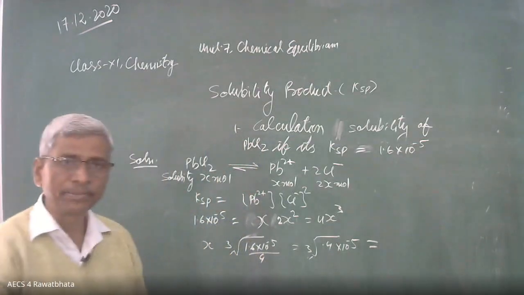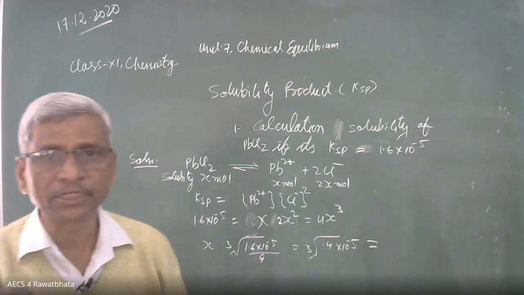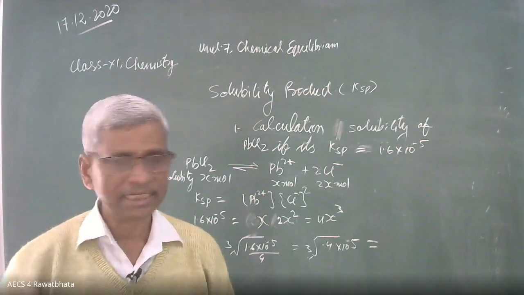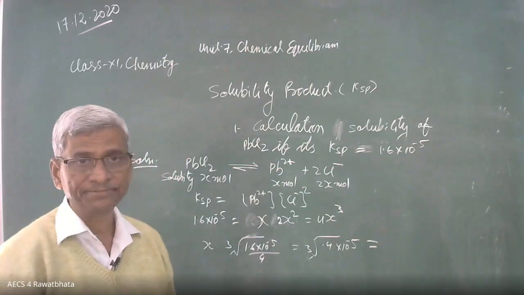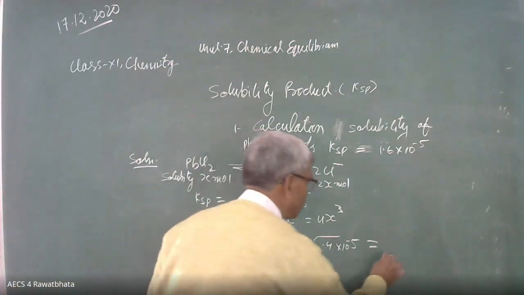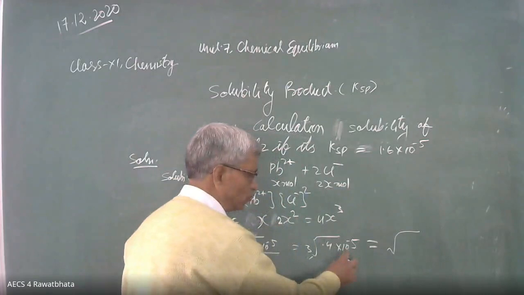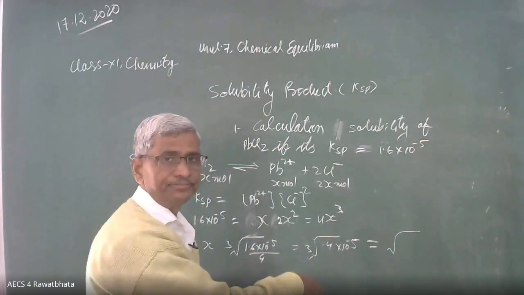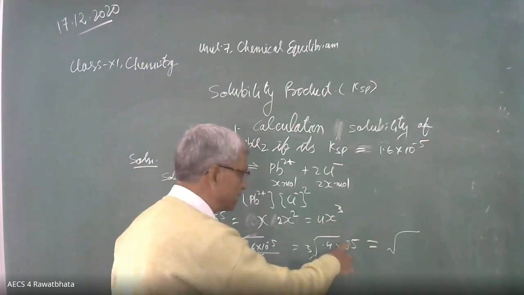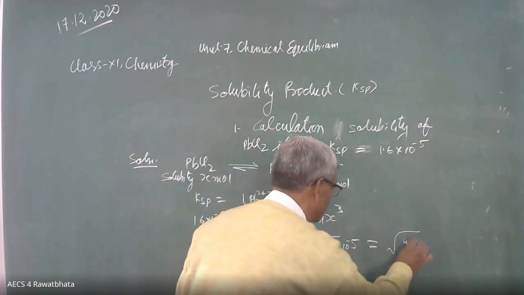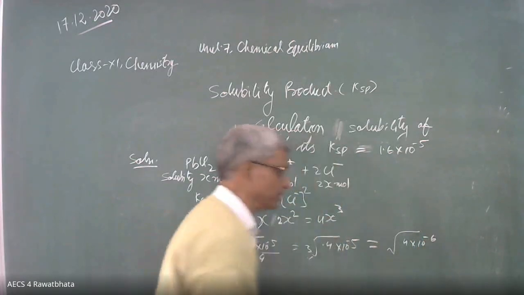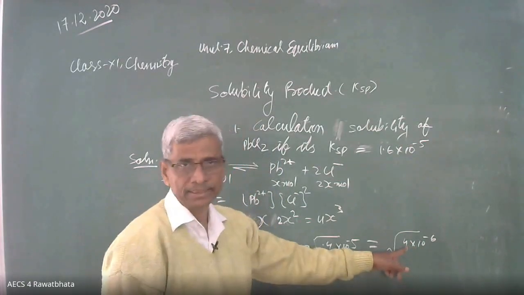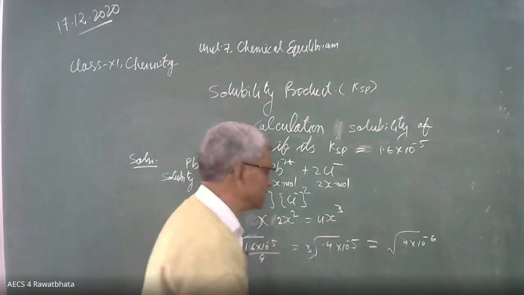The power should be in the table of 3 because we are going to take the cube root; the power we divide by 3. It is 5, which is not in the table of 3, so we have to manage the decimal. We make it minus 6, which is better. Then it becomes 4 into 10 raised to power minus 6. We have decreased this value, so we have to increase the other value.